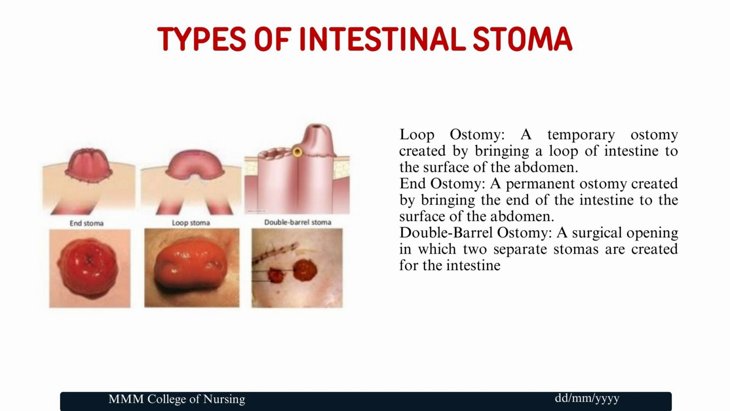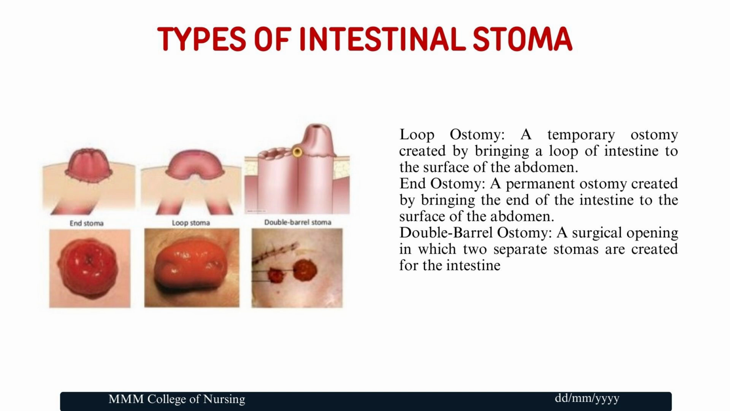First one is a loop ostomy, second one is an end ostomy, and third one is a double barrel ostomy. So what does loop ostomy mean? It is a temporary ostomy created by bringing a loop of intestine to the surface of the abdomen. And end ostomy means it is a permanent ostomy created by bringing the end of the intestine to the surface